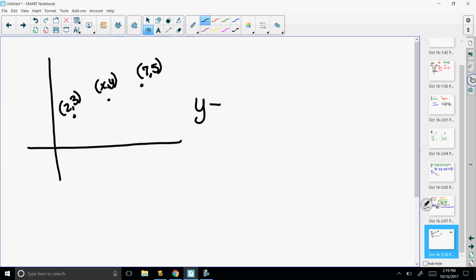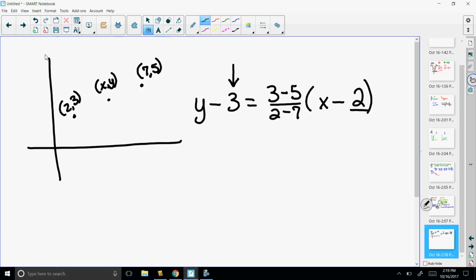So what's the y value of that point? 3 is equal to, now I got to pick that point, and it's the change in y over the change in x times x minus this x value here has to correspond with the y value right there of the 3. So that's going to be a 2. So there you get kind of a